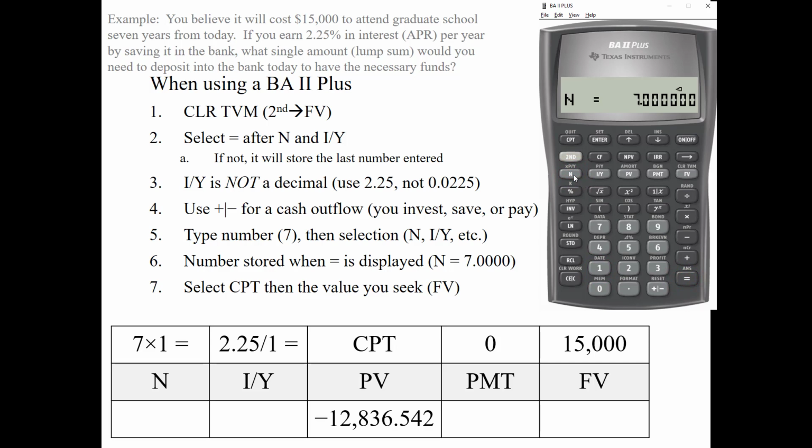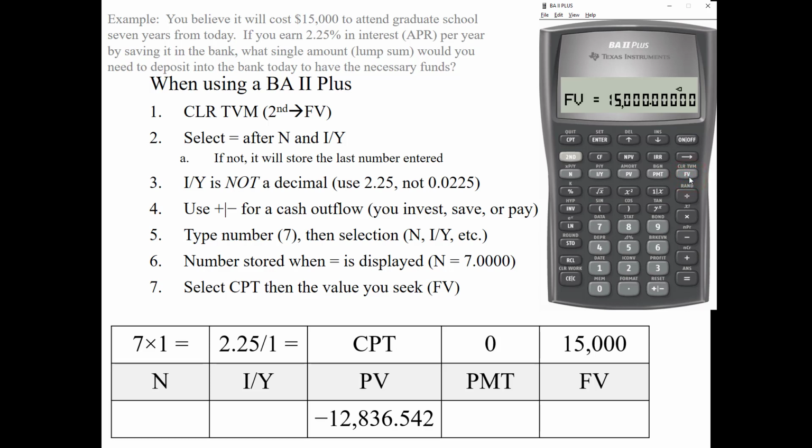Our interest rate is going to be 2.25% per year. And we earn interest annually. So we hit 2.25 divided by 1 equals, and then IY. Our PV we're going to skip over because that's what we're trying to calculate. Our PMT is going to be equal to 0. And our future value is going to be $15,000. And at some point, that money will come back to us in the future, and it will be a positive amount because it will be added to our wallet. And so now we have to